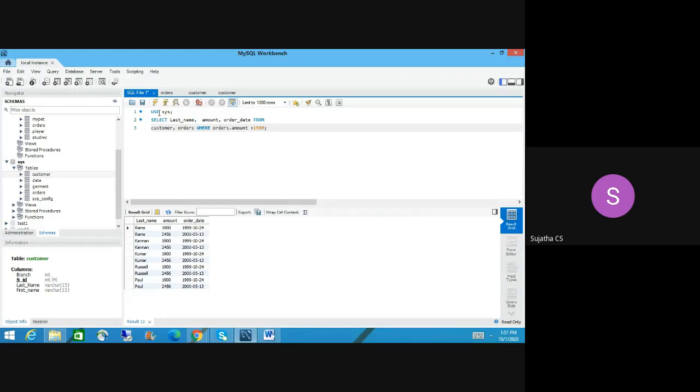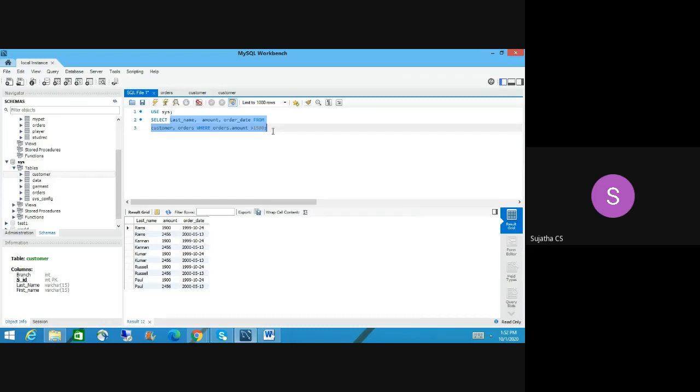Okay. I'm going to use this database, and then I'm going to use inner join. Select orders dot. Okay, so before, what you have done, let me take that. See, you have picked a column from the customer table, and then you picked a column from the orders table. So you can write in a different way.